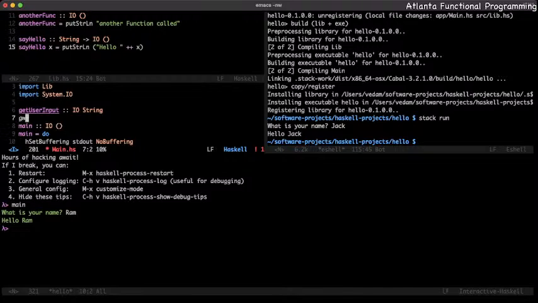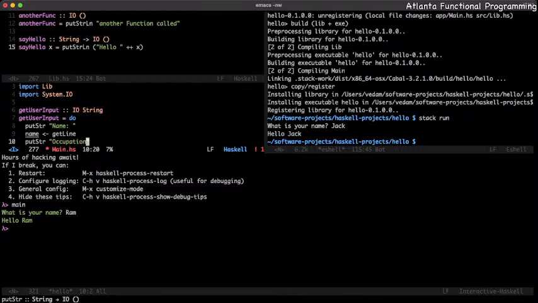And what getUserInput does is it will grab the name, okay, and let's put a couple things here, name here, and